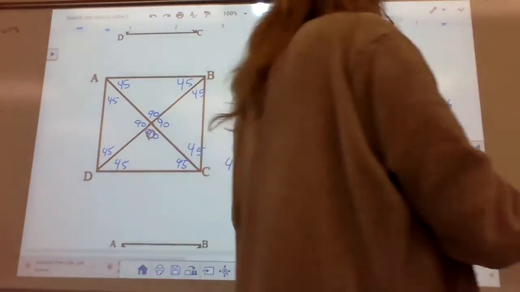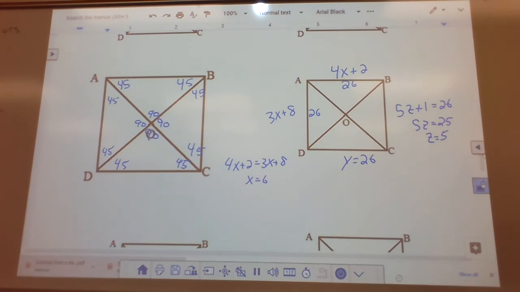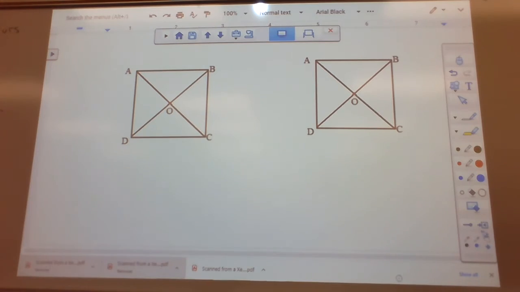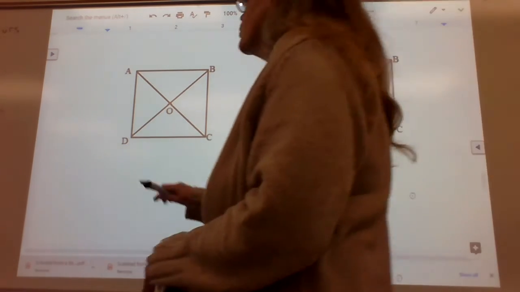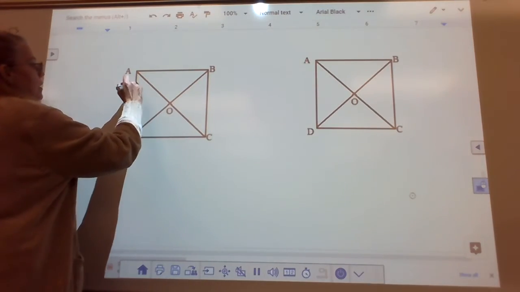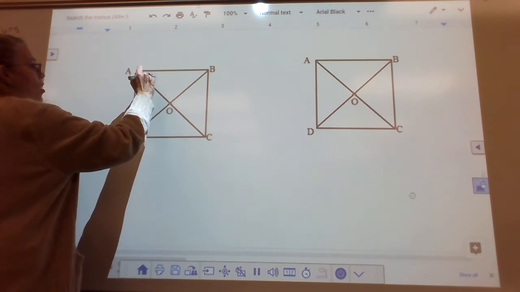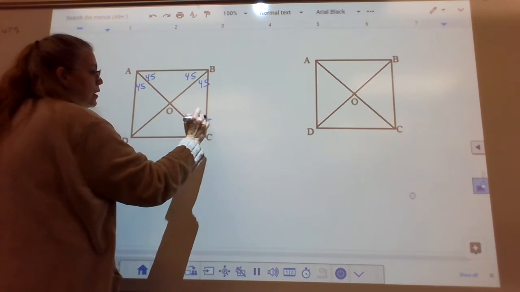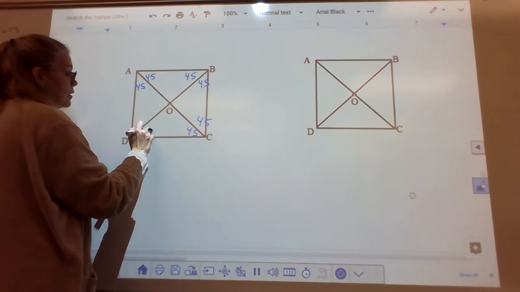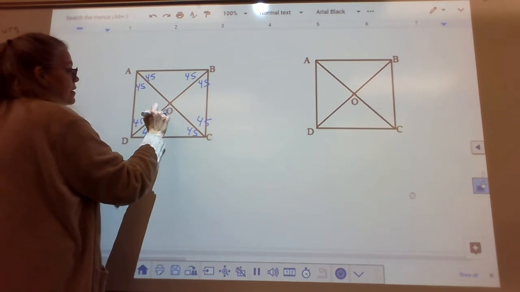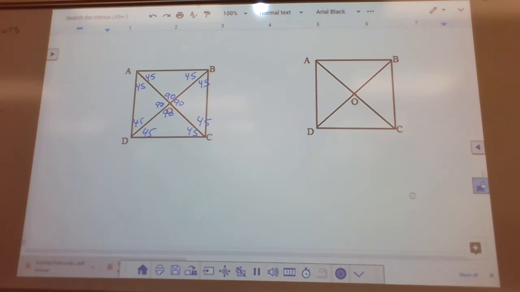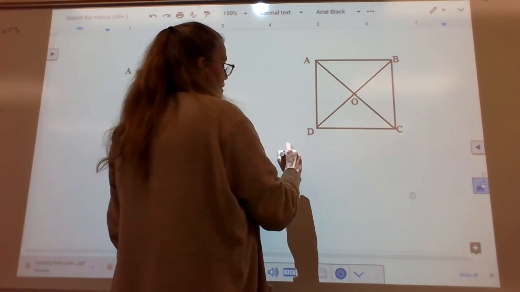Two more examples. I really didn't need to put a third one of these. But again, all of these are 45s. Yeah, it gets a little redundant. But you should definitely get it right. 90s going around. So now, let's say I've got DB